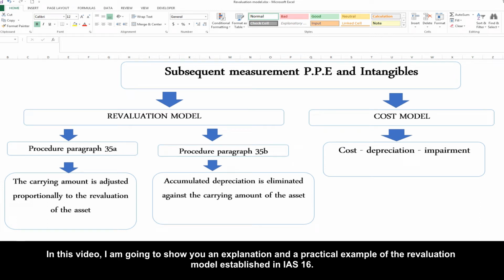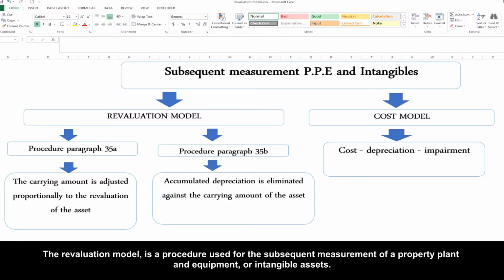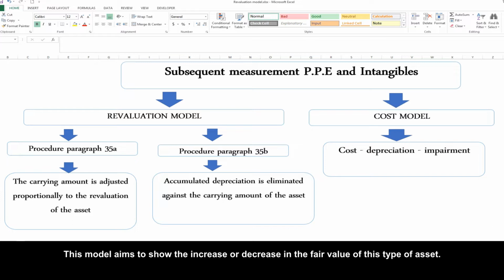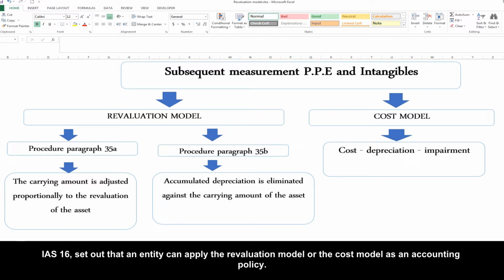In this video, I am going to show you an explanation and a practical example of the revaluation model established in IAS 16. The revaluation model is a procedure used for the subsequent measurement of a property, plant and equipment, or intangible assets. This model aims to show the increase or decrease in the fair value of this type of asset. IAS 16 sets out that an entity can apply the revaluation model or the cost model as an accounting